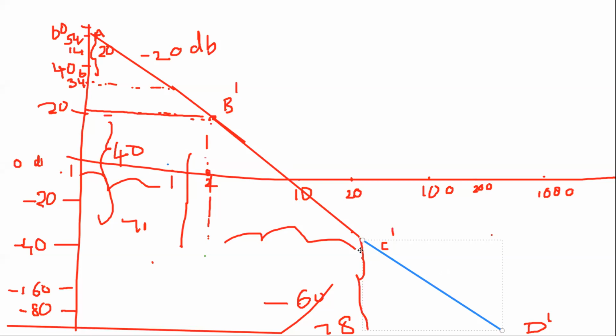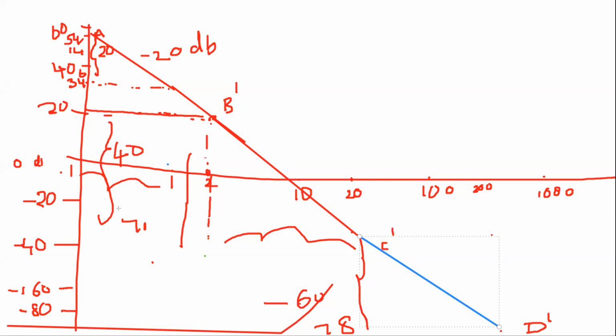So 12 to 78 you go. So this magnitude goes down by 60. Okay. So take the magnitude as 60. So go vertically down. And from that particular point of 78, go horizontally up to the frequency of 200. Mark it as D dash. Join C dash and D dash. So you have your magnitude plot.